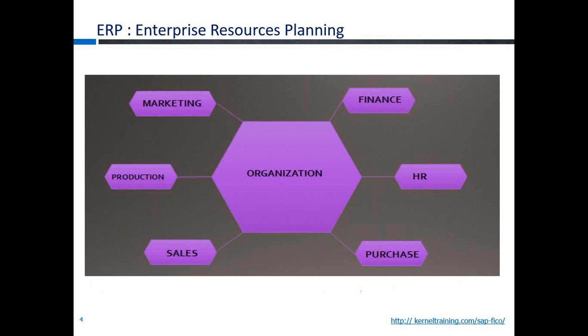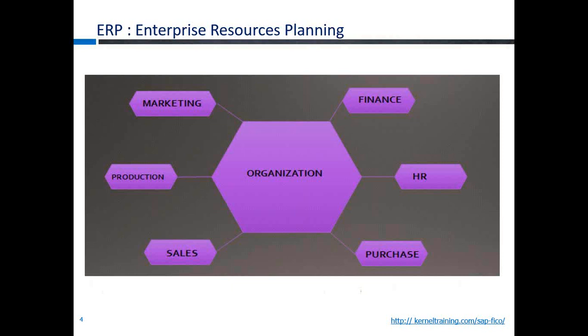So purchase, what they do, their main activity is to buy raw material and provide that to production. To buy raw material, they get a quotation. In the quotation, different vendors quote different prices. So it is the purchase department who reduces the price, who bargains with the vendors, and then ultimately they give a profit to the finished goods. So the ultimate aim of all the departments in an organization is to reduce the cost and increase the profit.